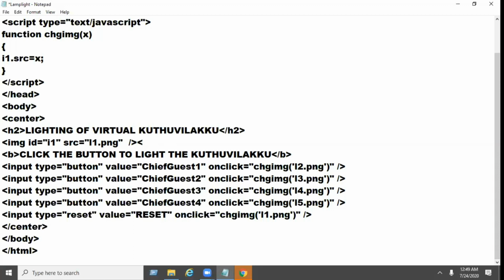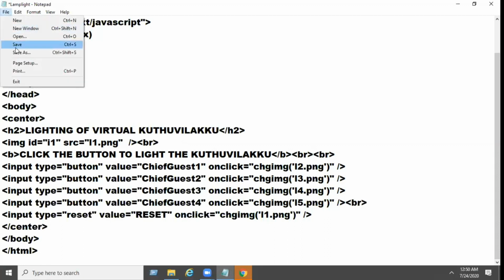Add a break tag after the image tag, add one more break tag after the helpline, and add one more break tag before the reset button.